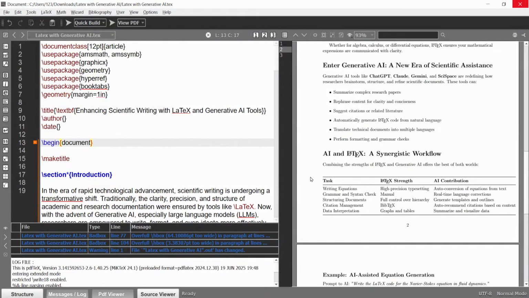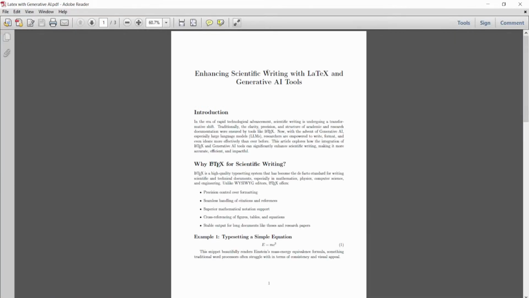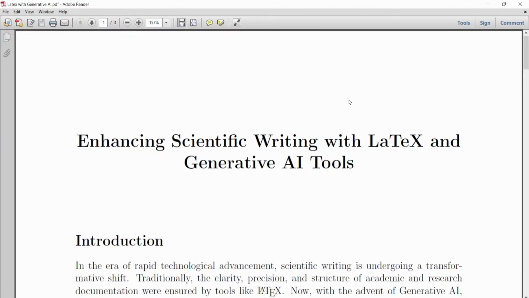If you want to open it in a PDF reader, on the right hand top corner, where my cursor is moving, we have the external view. When you click at this place, the file will open in the PDF reader, and you can see a very beautiful document is created.